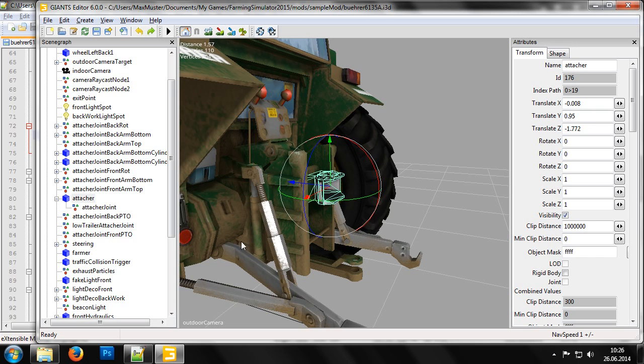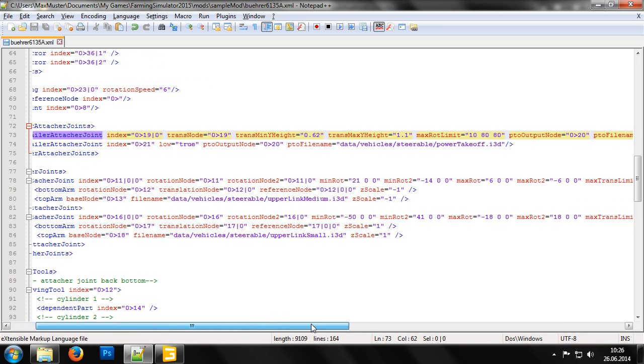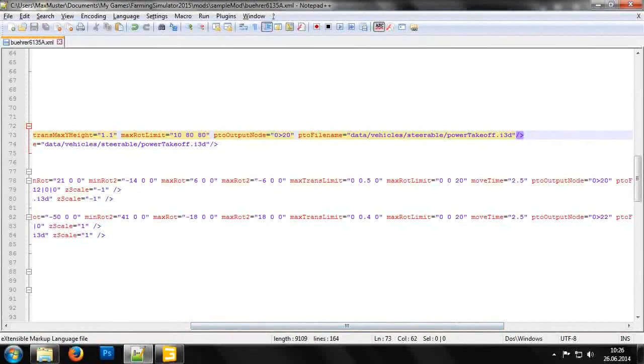Some couplings can be adjusted in height when being attached. For this, we need to specify the transnode attribute, which is a parent object of the index attribute and therefore of the actual coupling point. The minimum and maximum position of these objects can be specified with the transMinY height and transMaxY height attributes. We can also set how much play the equipment attached to the coupling should have with a maxRotLimit